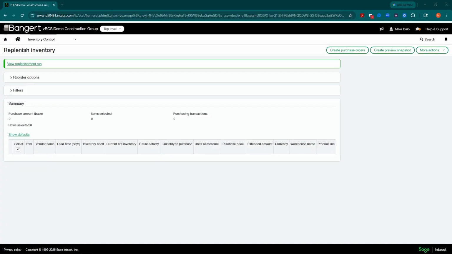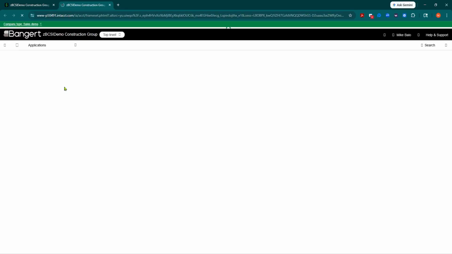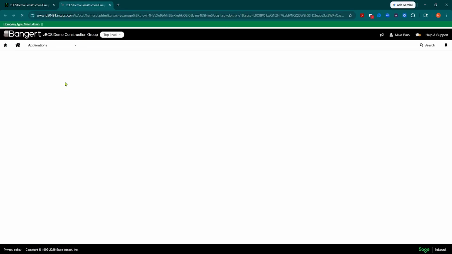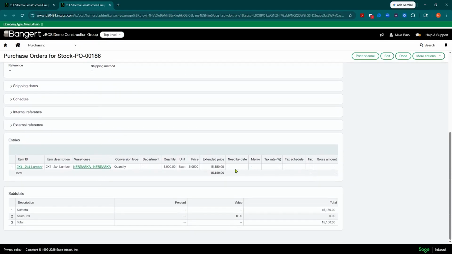I didn't make it very pretty, but you get the idea. Here's a basic email, and you can make this a little bit better. But basically I said, hey, a new purchase order was created for an inventory replenish. And here's the number. And whoever is responsible for that, there's even a link here where you can click right on this and it will take you right back into the purchase order. So we'll go ahead and let that in, and that would take them right into Intacct and right into the area that was just generated as a purchase order.